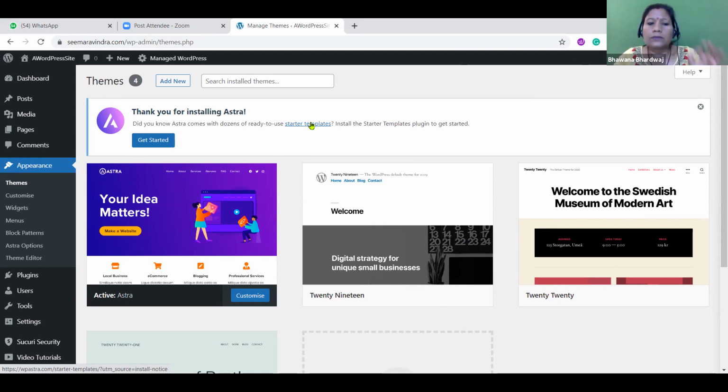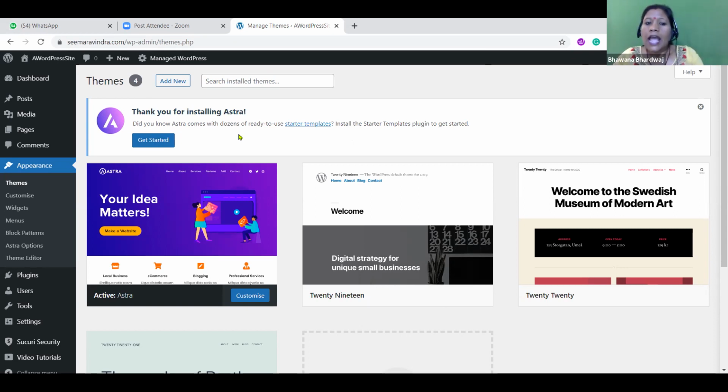It may be possible in a few versions that the starter template gets installed by default and shows up under appearance. But just in case you are not able to see the starter template, you can click on that get started and install that starter template.